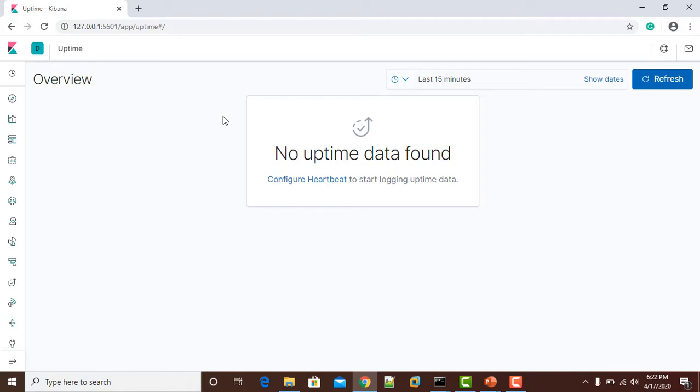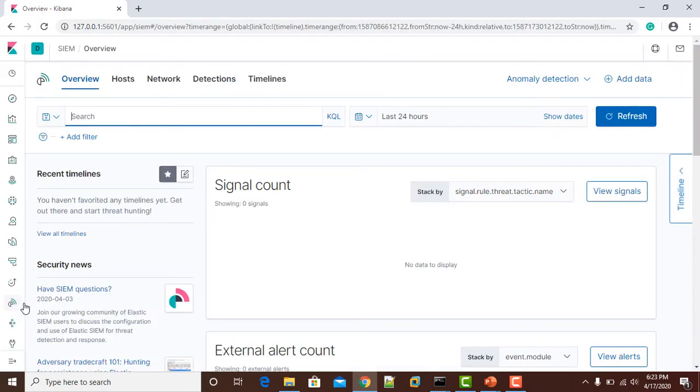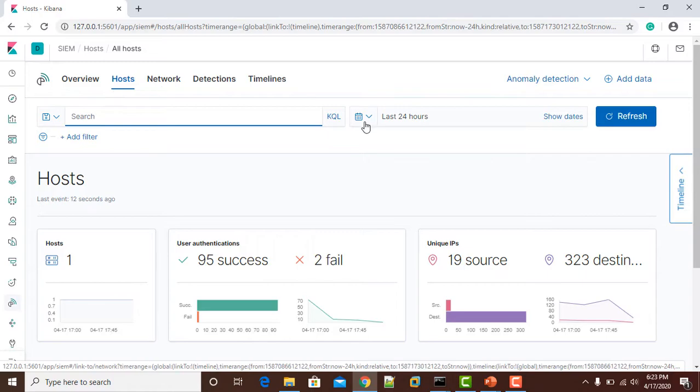Uptime is something where you can also monitor your performance. It can be a host, an API, or network performance as well. Then SIEM, where all your events get logged, so you can differentiate by host, network, detection and timeline.